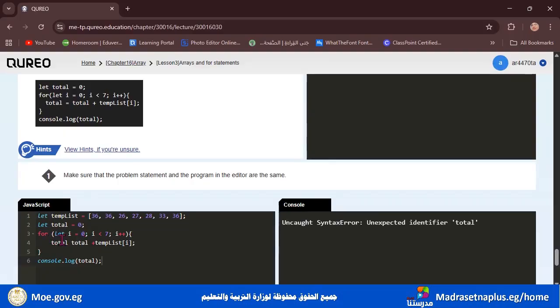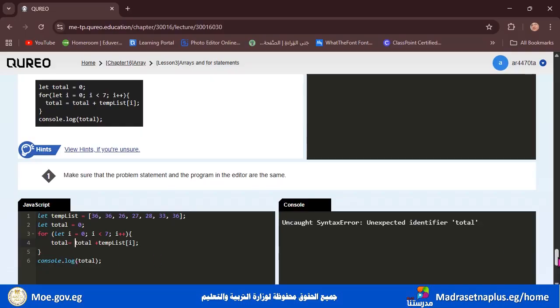Or let i equal 0, and i is less than 7, and here we have i plus plus, and we open the curly brackets. We have here total. Yes, we forgot equal. Okay, so here is total equal total plus temp list, and open the square brackets i. End it with console.log total.